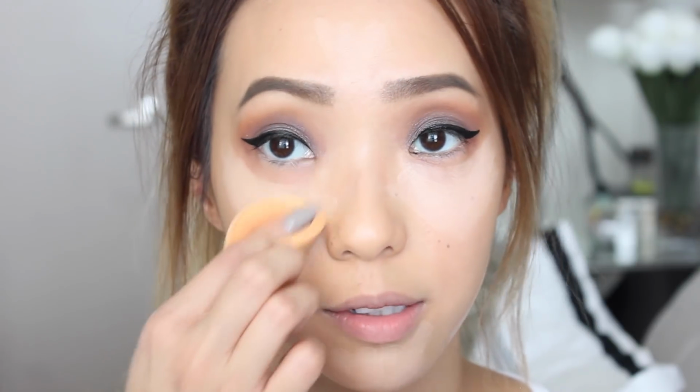But as you guys can see, it really doesn't conceal much. It almost highlights my under eyes more so. But I'm just gonna apply this on to lighten up my foundation a little bit. And again, I'm using that little sponge from the Powder Compact. But the stick concealer side,